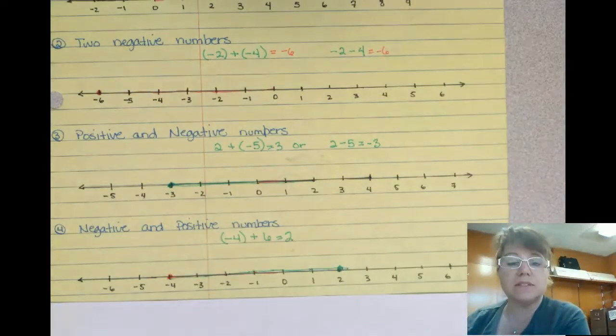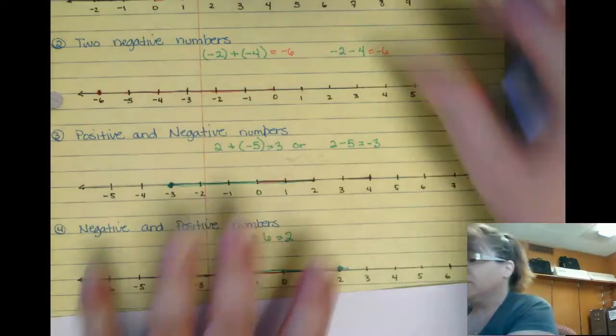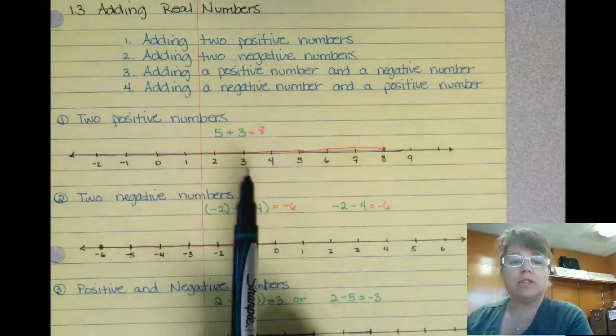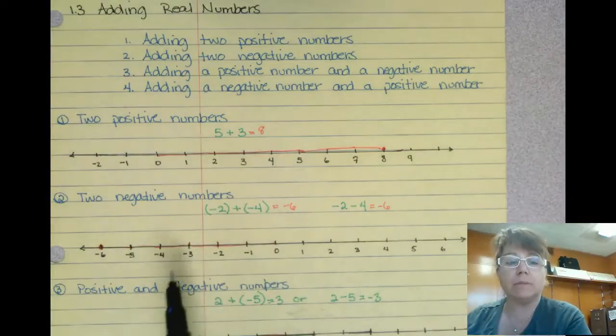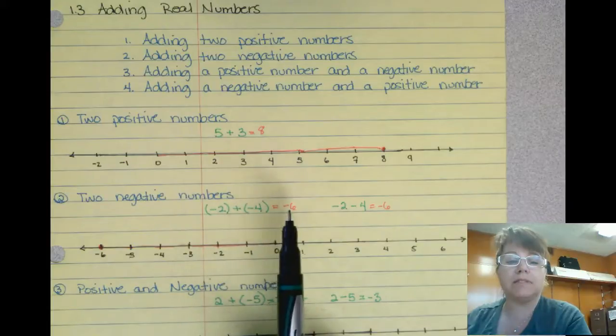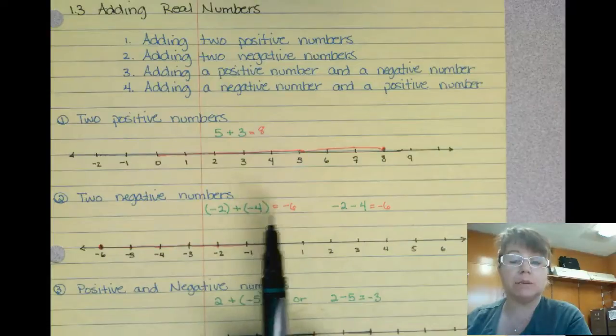The answer is positive 2. Now there's a nice, I don't want to say trick, but there's a nice pattern on how to add these up. If you have two positive numbers, you're going to add the two and keep the positive sign. If you have two negative numbers, you're going to add the numbers 2 and 4 and keep the negative sign. So 2 plus 4, if they were positive, it would be 6, but since they're both negative, we're going to